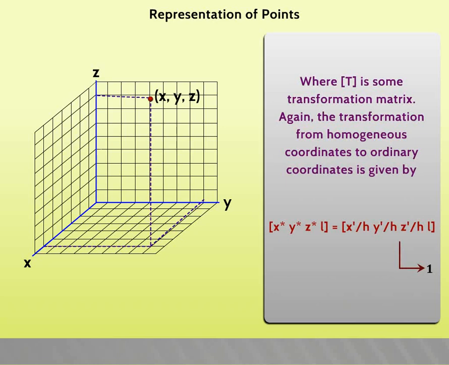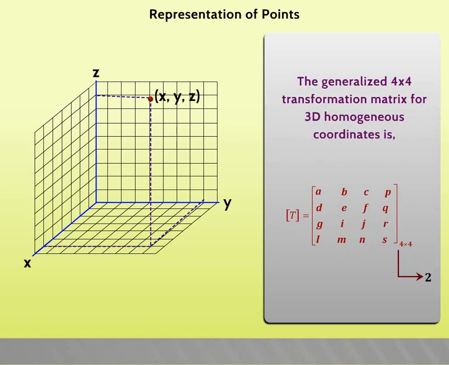Again, the transformation from homogeneous coordinates to ordinary coordinates is given by x asterisk, y asterisk, z asterisk, 1 is equal to x dash by h, y dash by h, z dash by h, 1. Consider this as equation 1. The generalized 4 cross 4 transformation matrix for 3D homogeneous coordinates is